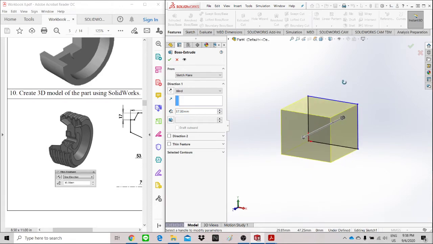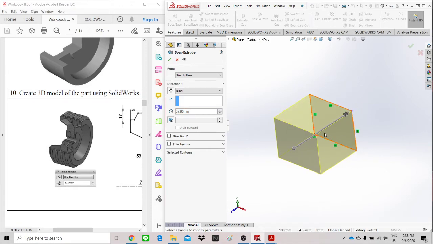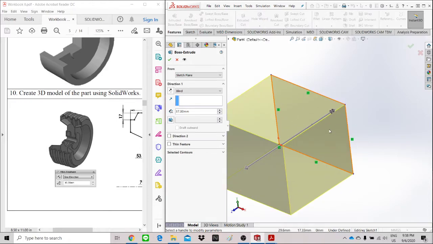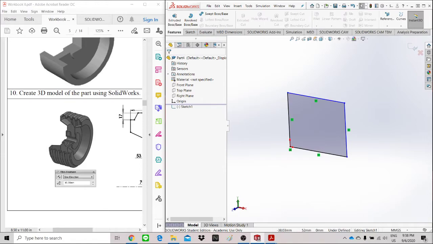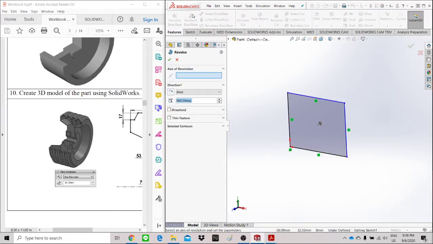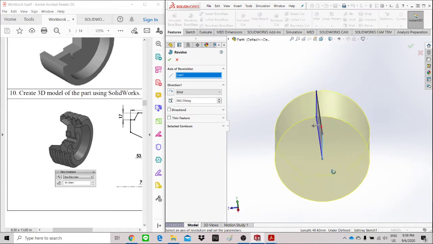the direction of the extrude will be perpendicular to the sketching plane, perpendicular to the profile surface like this. But if I use revolve, revolve is a feature that rotates the profile about the axis. For example, if I select the revolve like this, the axis of revolution is the axis of rotation of the surface. I select this one, then I will get